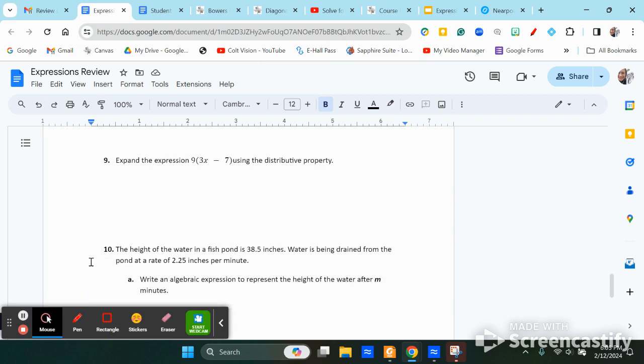And then the only other skill on here that we haven't discussed is where it says expand the expression. Expand just means that you are using the distributive property. Expanding means you're multiplying. I remember there's an X in the word expand. Remember that I'm multiplying. So it means you're multiplying 9 times this first